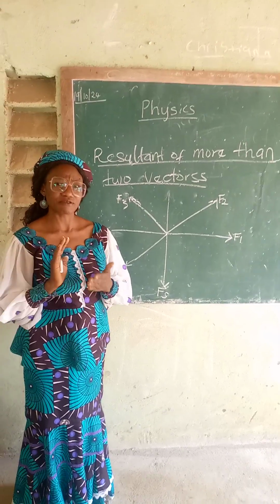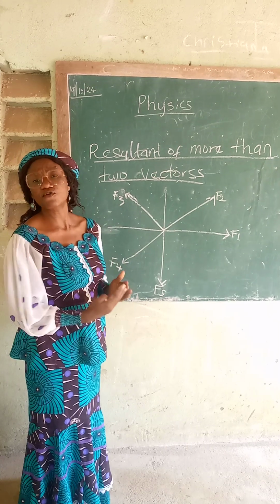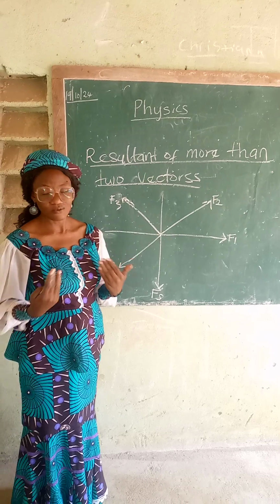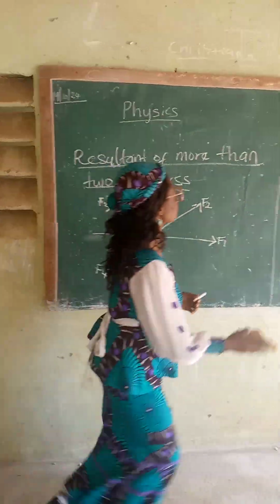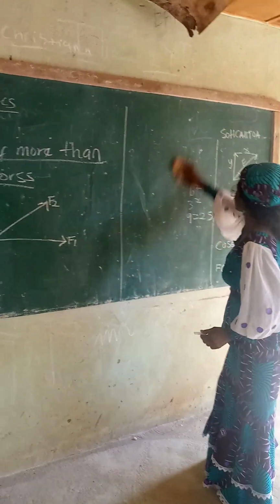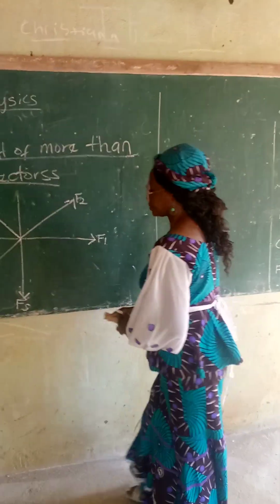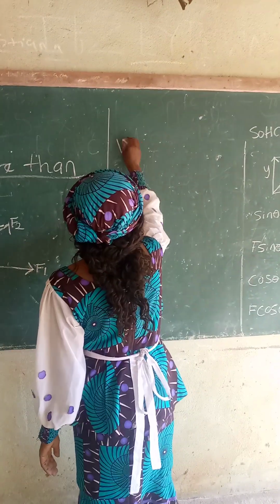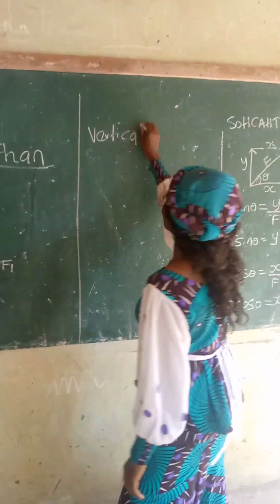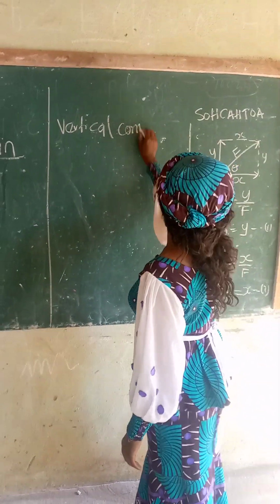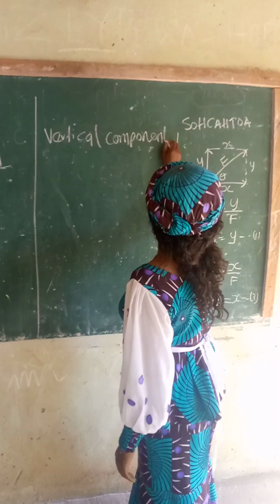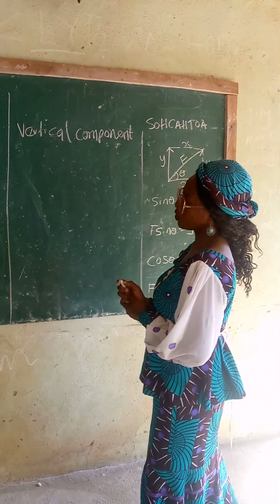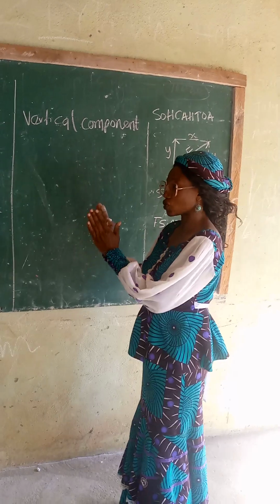Okay, so we will start by resolving what we have, these 5 coplanar forces, into vertical components. Let's start with vertical components. So right here, vertical components. Hello. So now if you have this, the vertical component, these 5 forces, we are going to resolve them into